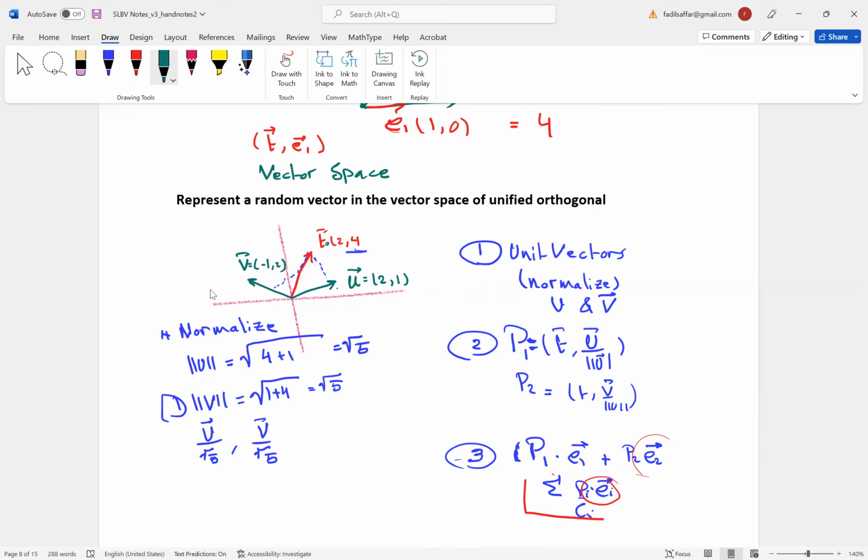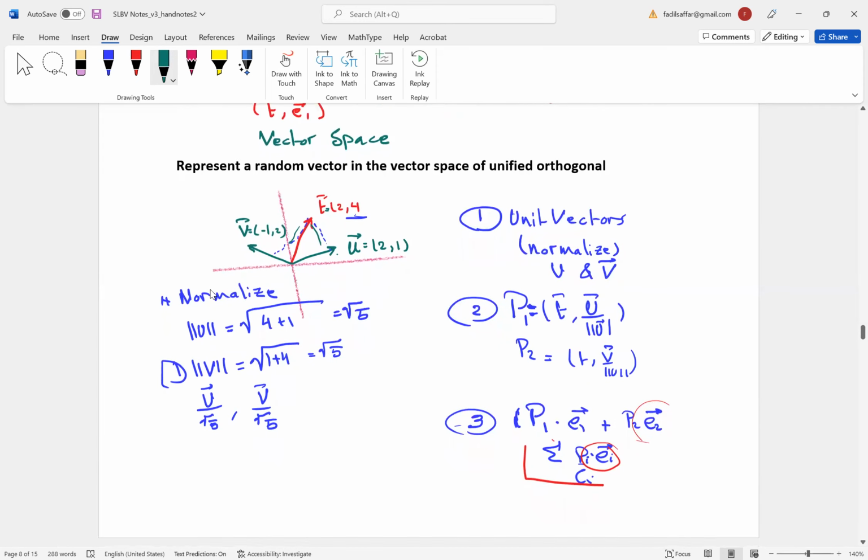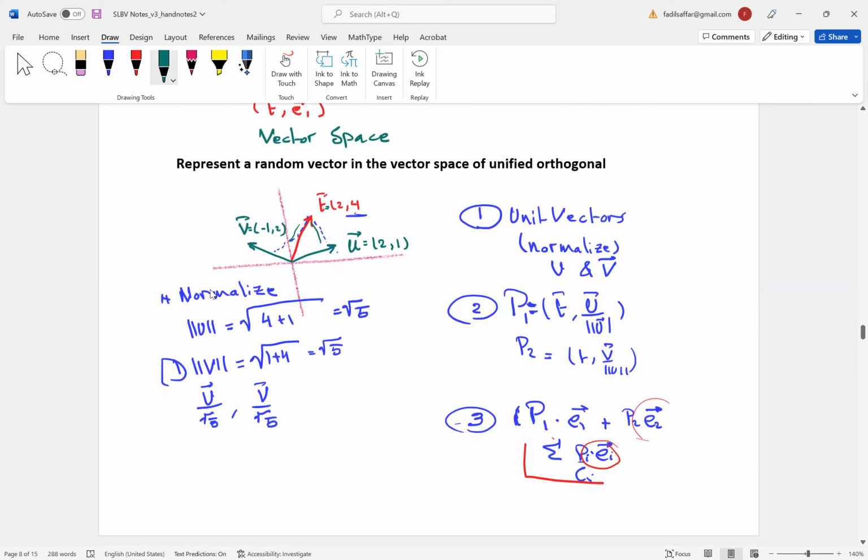And the way we did that, we normalized these two vectors, and we found the projections of this one on these two vectors, and we summed the projections multiplied by the unit vector of each vector, which makes sense and is simple. But as we said earlier, these vectors can be a function,